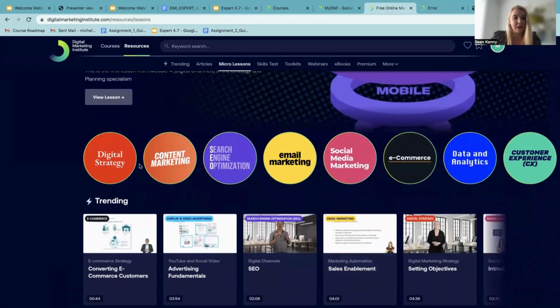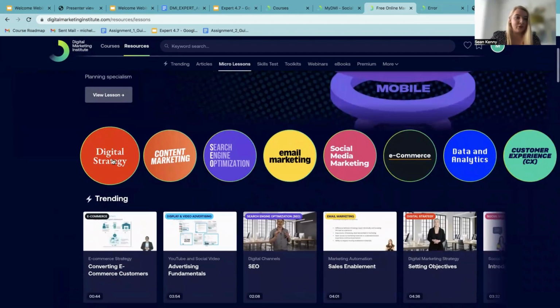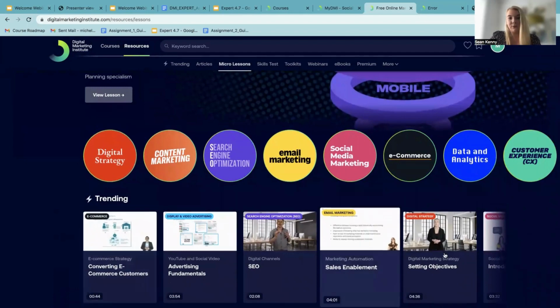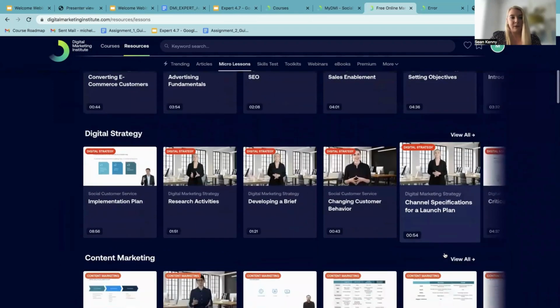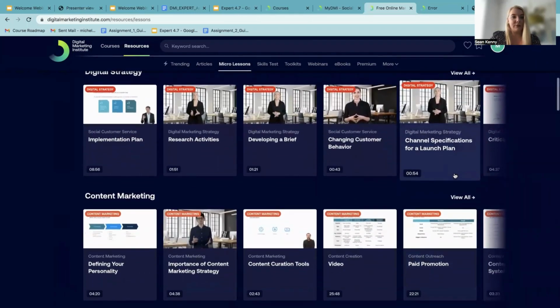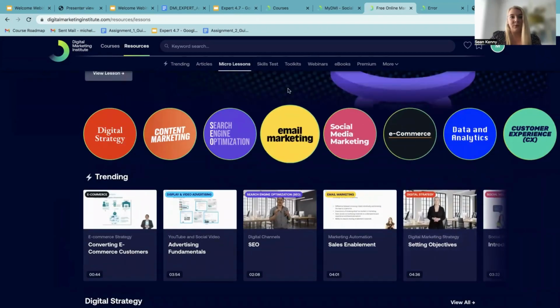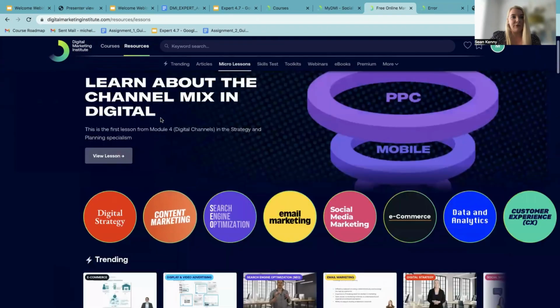You can come in here and go into any of these top level funnels and take a more focused look at that area. So maybe digital strategy, you might want to come in here and watch some of the videos. There's amazing resources in here, all up to date current information, constantly being added to. So it's a really good place to spend some of your time, and it's all free while you're a member